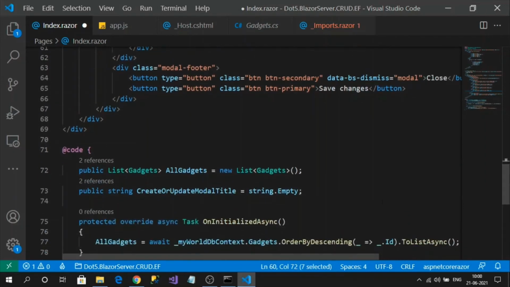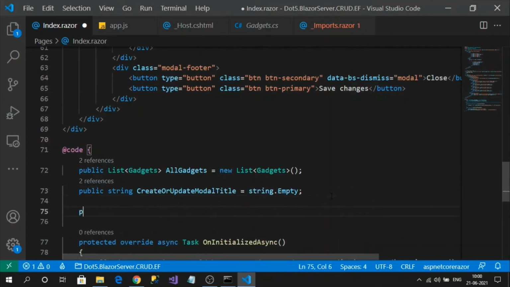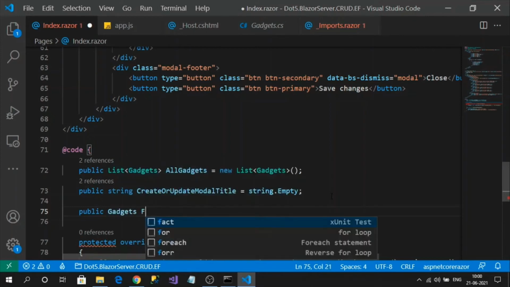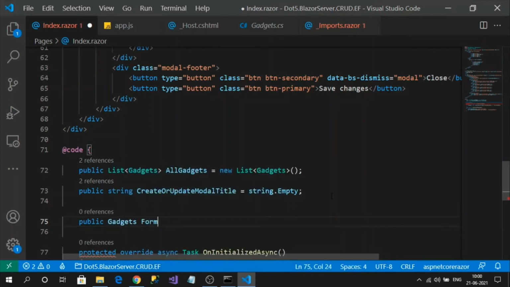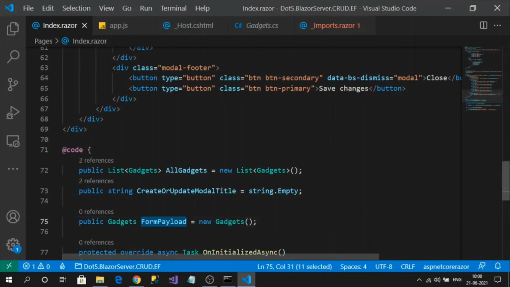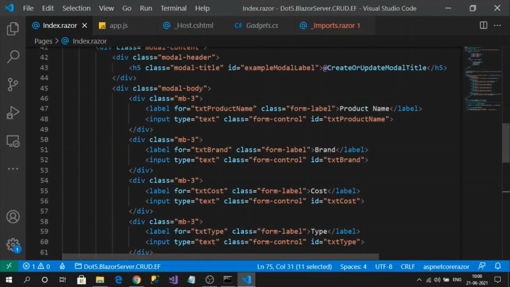For that, what I will do, I will create a property like public Gadgets only, right? My form data. So form payload. So this payload, I am going to use in this form for two-way binding.